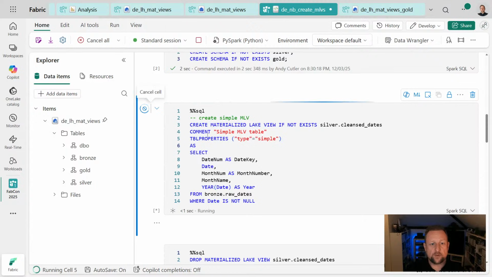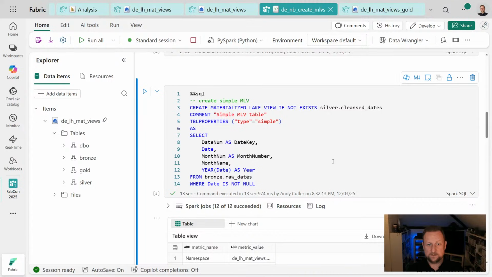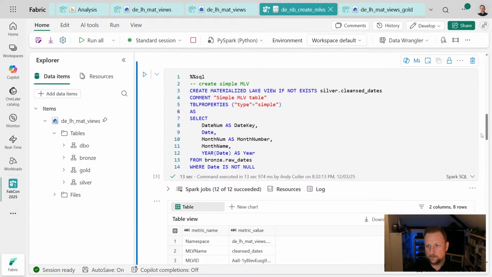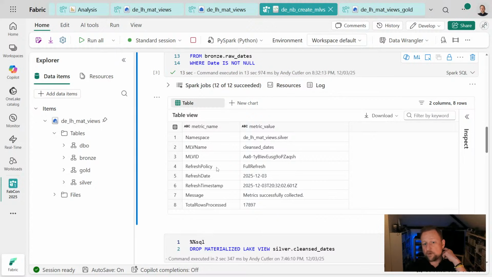So let's run the creation. So create materialized lake view if not exists. As a side note, we're not able to alter a materialized lake view and change its definition. We've got to drop it and recreate it. We can alter a materialized lake view and change its name, but we can't change its actual definition. You've got to drop it. You've got to recreate it. And we'll have some information, right? So we've got some metrics here. So that refresh policy,